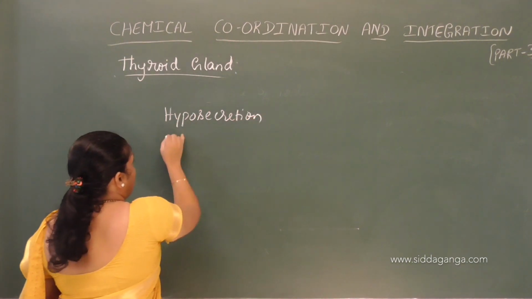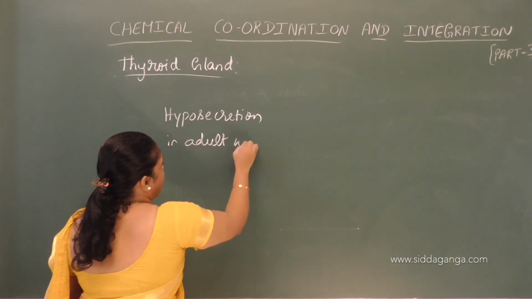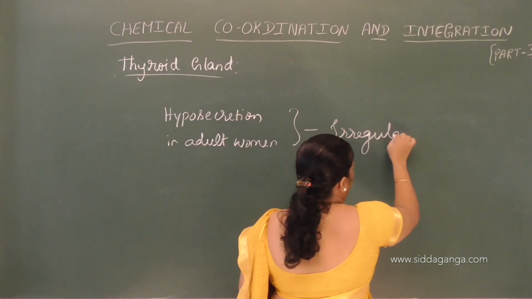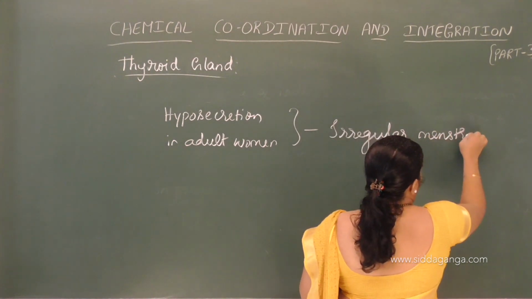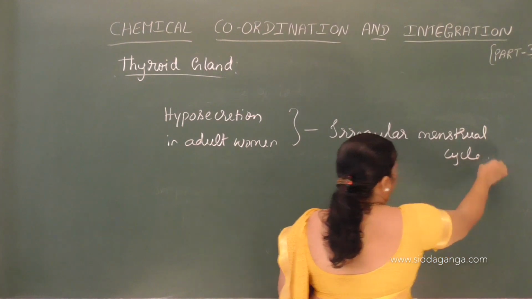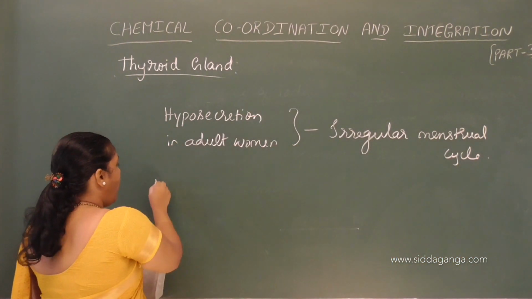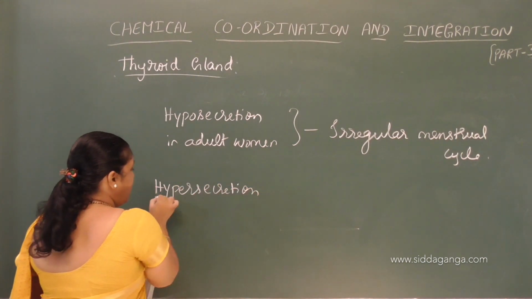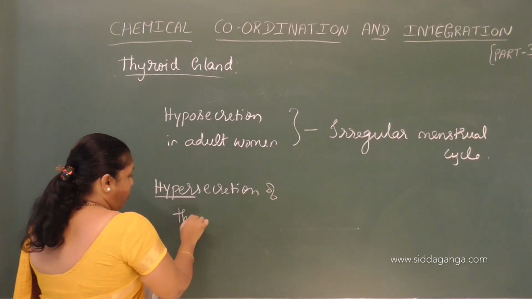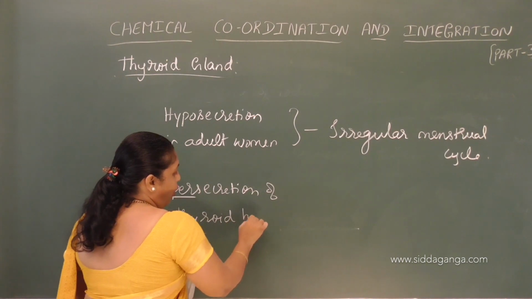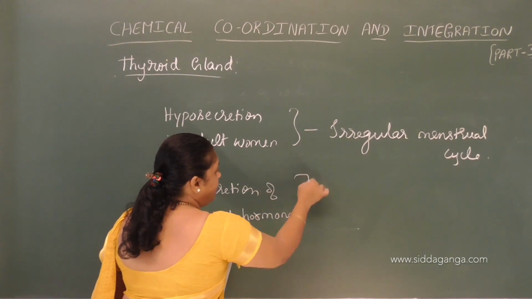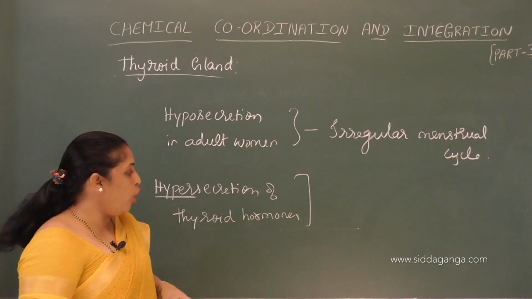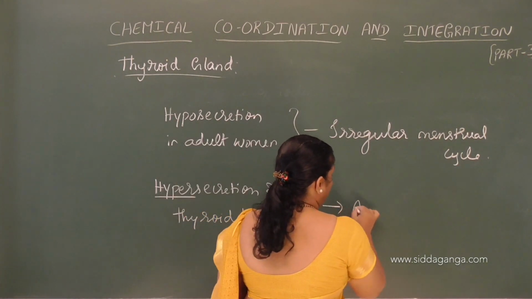Hyposecretion in adult women causes irregular menstrual cycle. Then coming to hypersecretion. Hypersecretion means increased secretion of thyroid hormones, due to cancer or any other genetic reasons. We see increased secretion of thyroid hormones that adversely affect